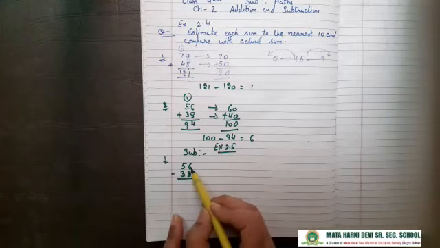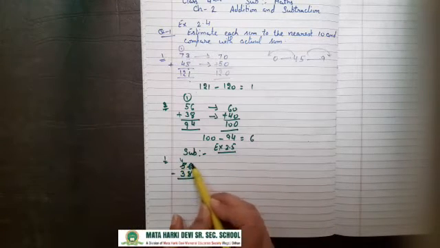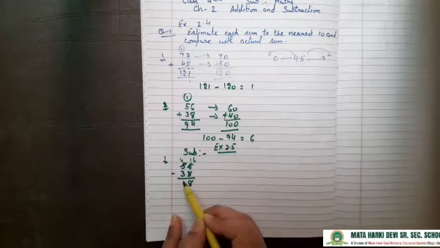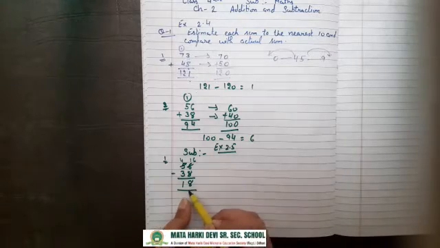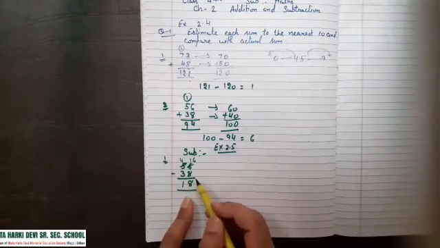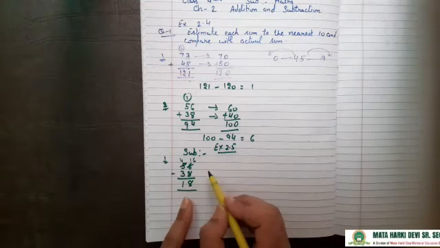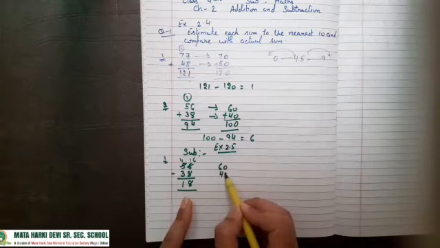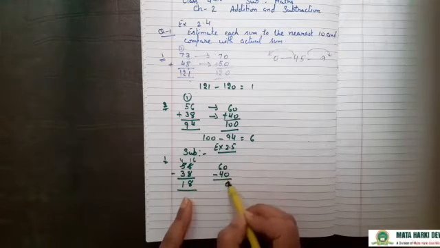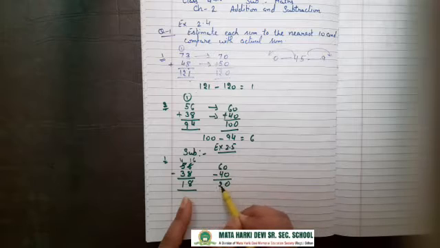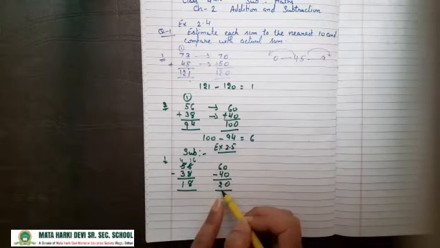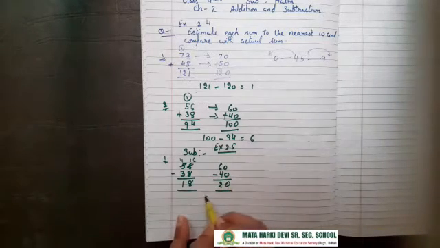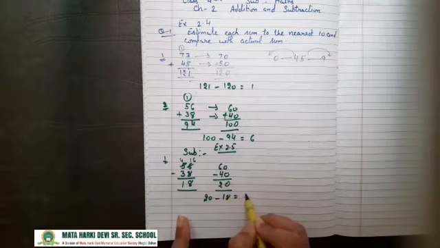2.5. This will become 4, it will be 16, 16 minus 8 is equal to 8, 4 minus 3 is 1. The actual difference is 18, and if we calculate to the nearest 10, this is 60 and 38's nearest 10 is 40, and the difference is 6 minus 4 is equal to 2, the difference is 20. So the difference between these two figures is 20 minus 18 is equal to 2.